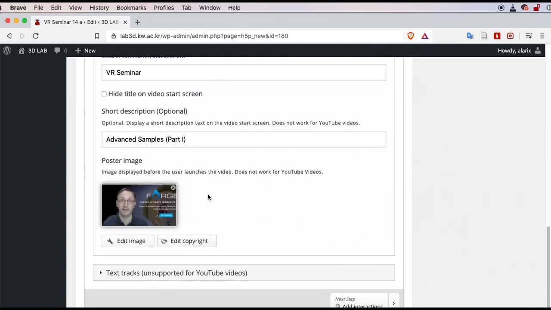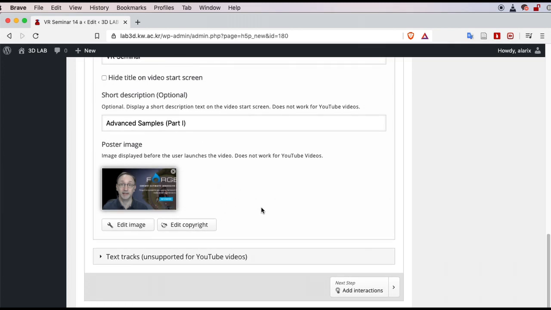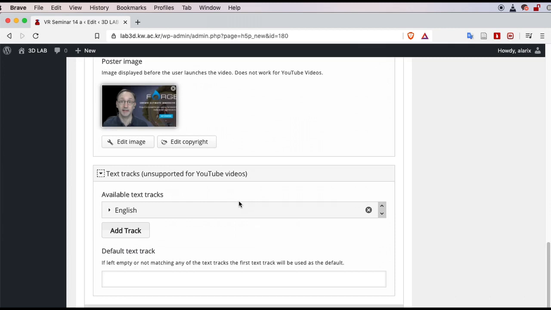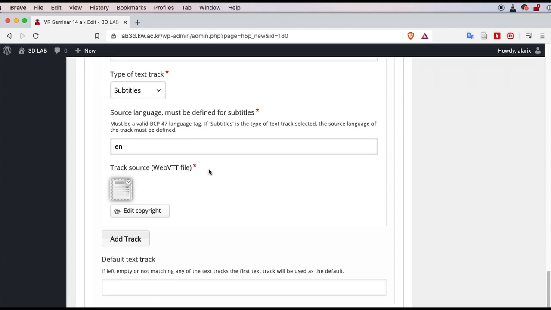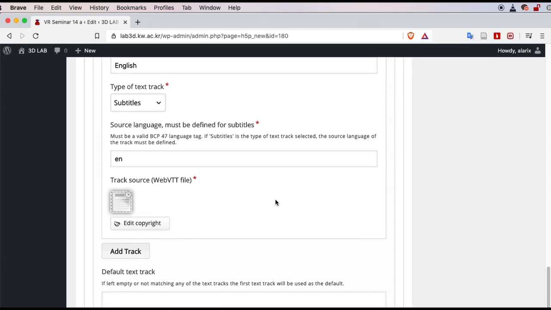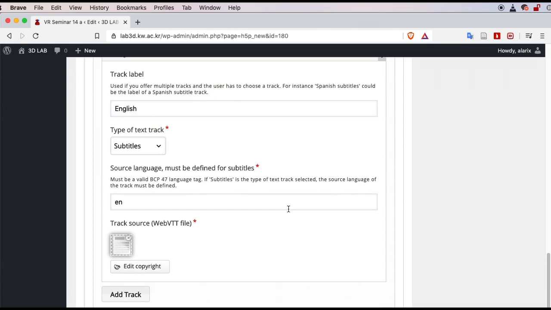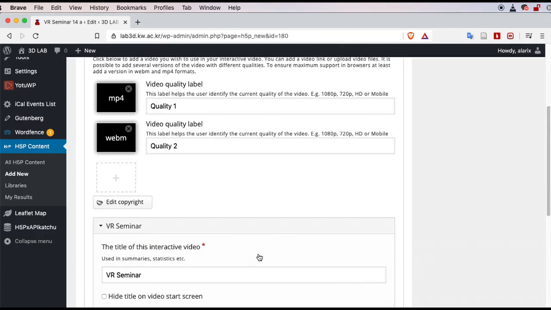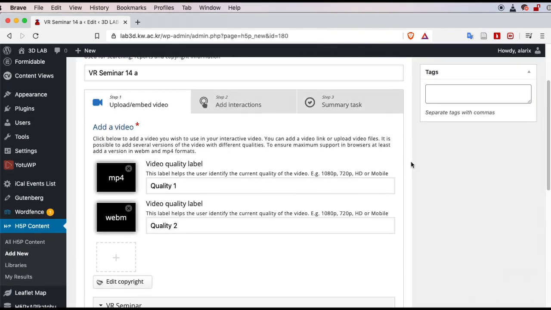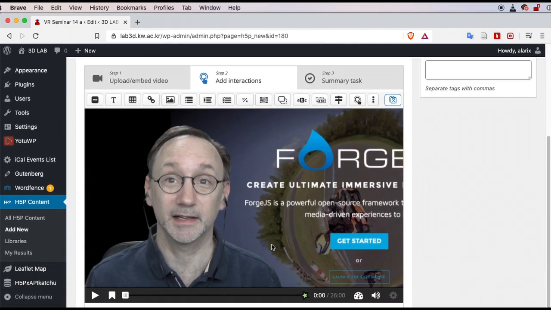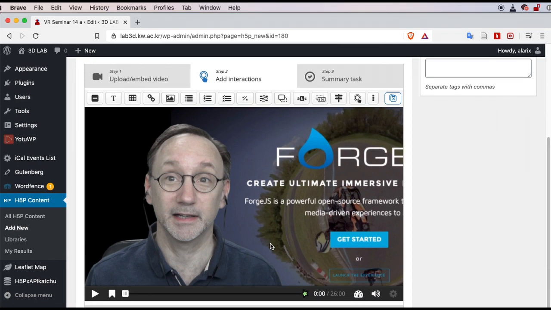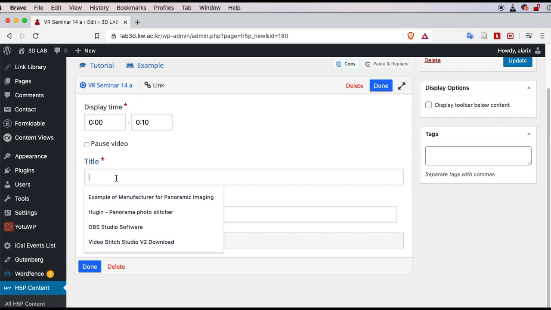I can also insert the poster image, and if I have a text track, I can also add a VTT subtitle text file. So this is what I do in most of my classes. So if you see the text and subtitle text file, this is where this comes from, and I can add interactions. So you have seen this, for example, if you want to add a link inside the picture, we can say this is